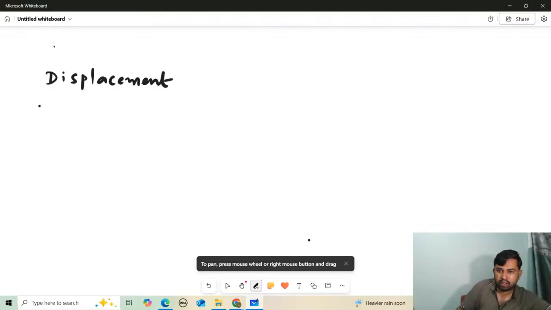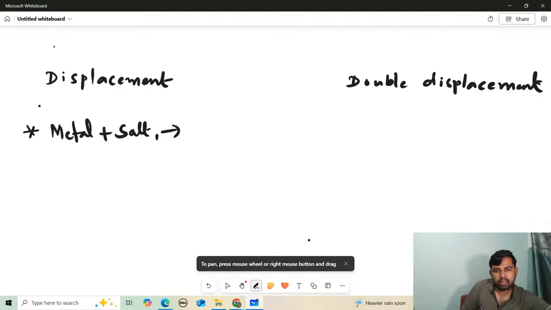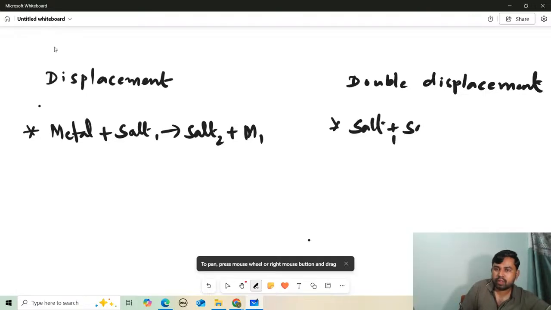On this side we can write double displacement. Because the difference you see here: here one metal will be there. Just for your understanding I'm saying, let's say we're adding a salt. One metal and one salt here, but here two salts will be there. Salt 1 plus salt 2, here salt 3